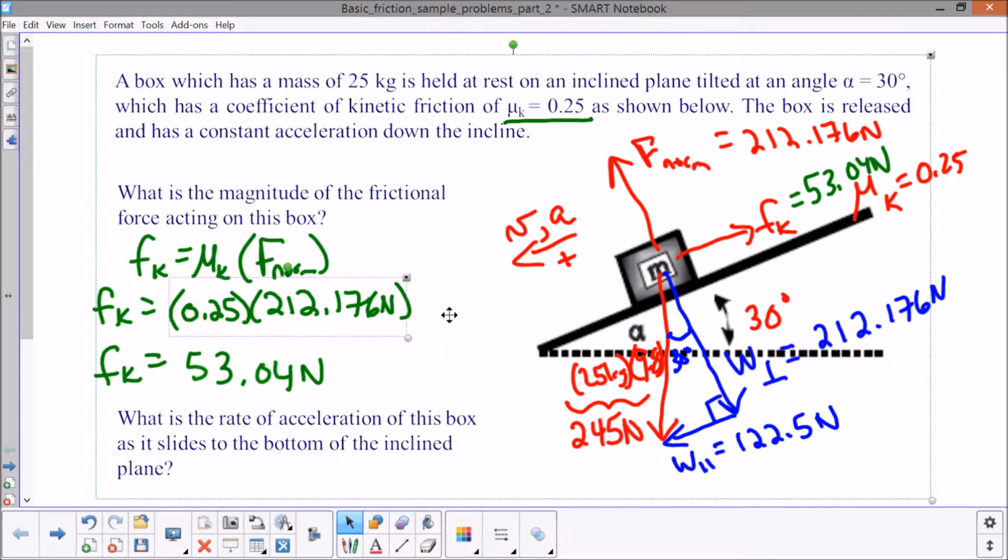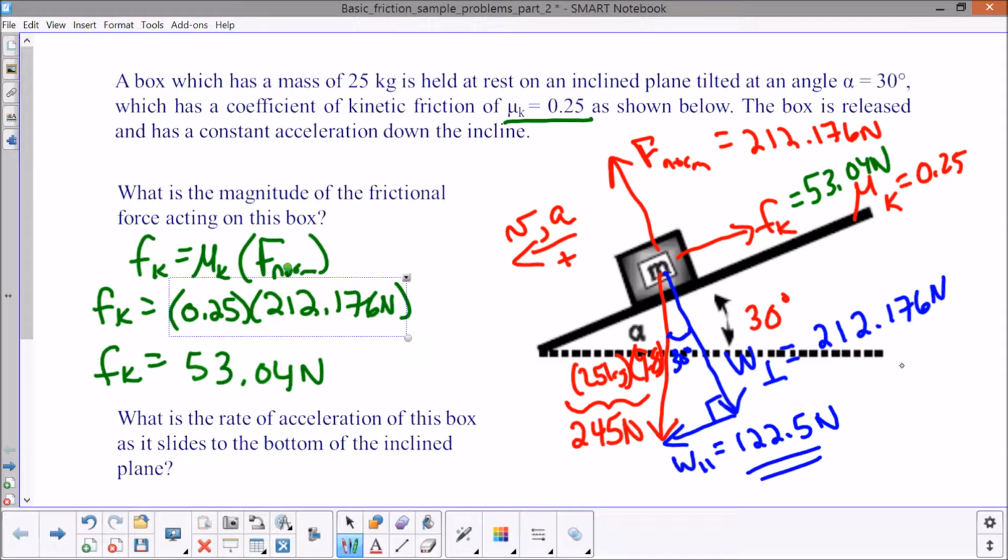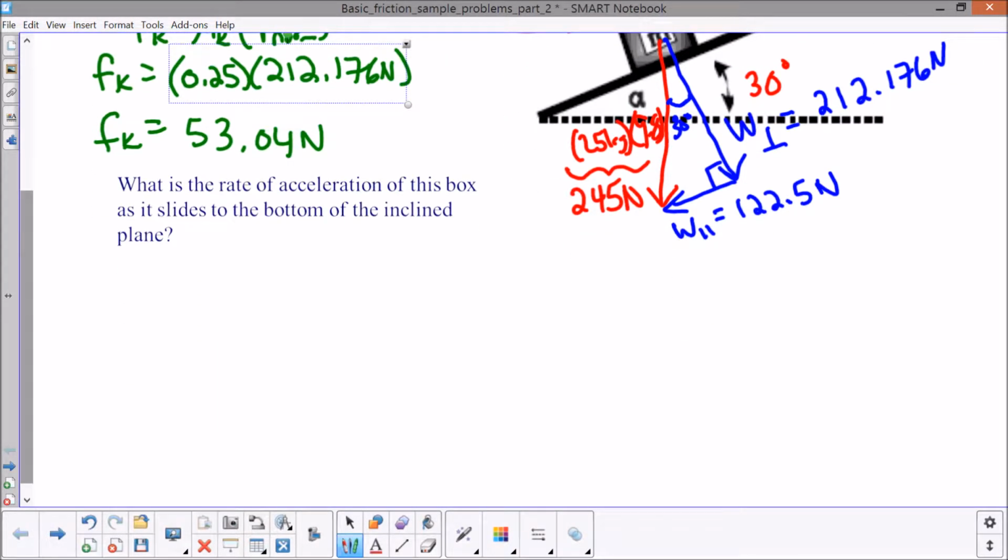Now, looking at this, we have a force of 122.5 newtons that's acting down the ramp, and we have a force of 53.04 newtons that's acting up the ramp. Those two forces together are going to be our net force acting on this box. So as we go to try and find the acceleration of the box as it slides to the bottom of the ramp,